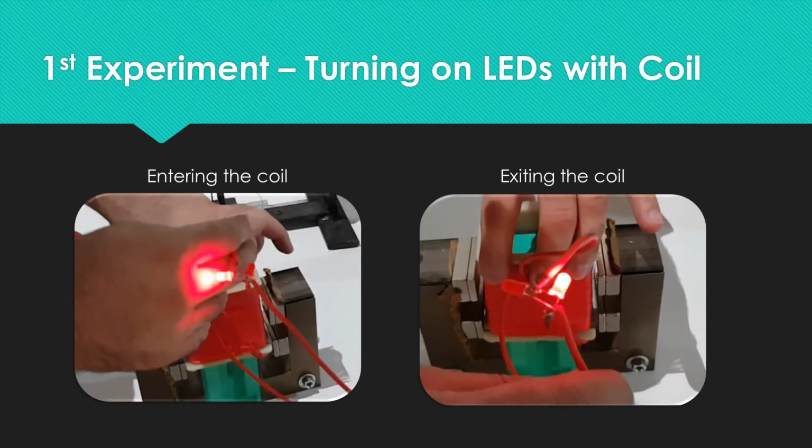Now we want to experiment Faraday's law. The first experiment is turning on LEDs with a coil. We want to see Faraday's and Lenz's law at the same time. In these pictures you can see LEDs glowing, that is due to exiting or entering a coil through a magnetic